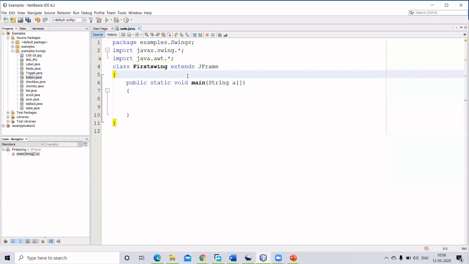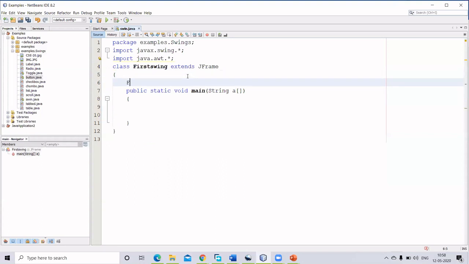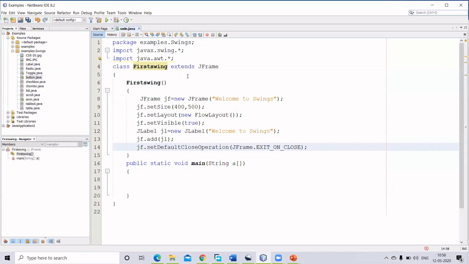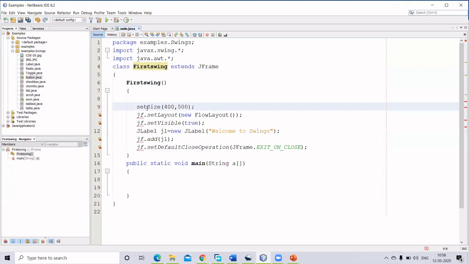Either I have to use it inside any other method, or I can use it inside the constructor of my class. So I don't want to create the object of this JFrame, and I don't need to prefer any JF, because by default it is going to be there.